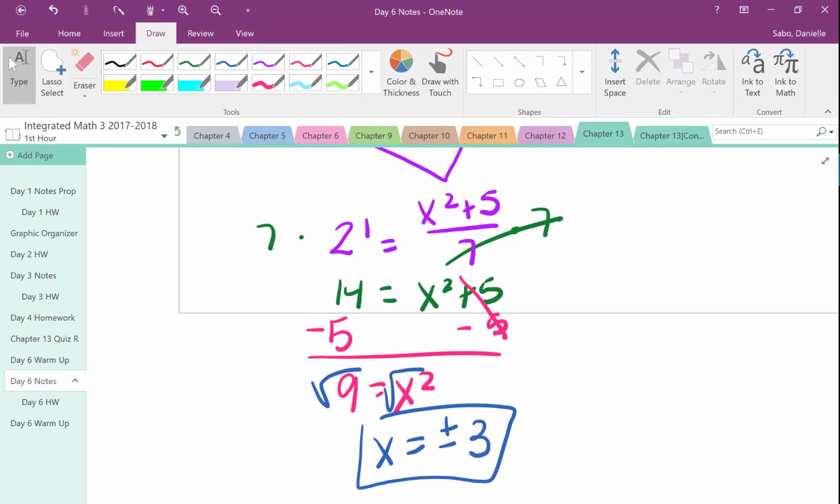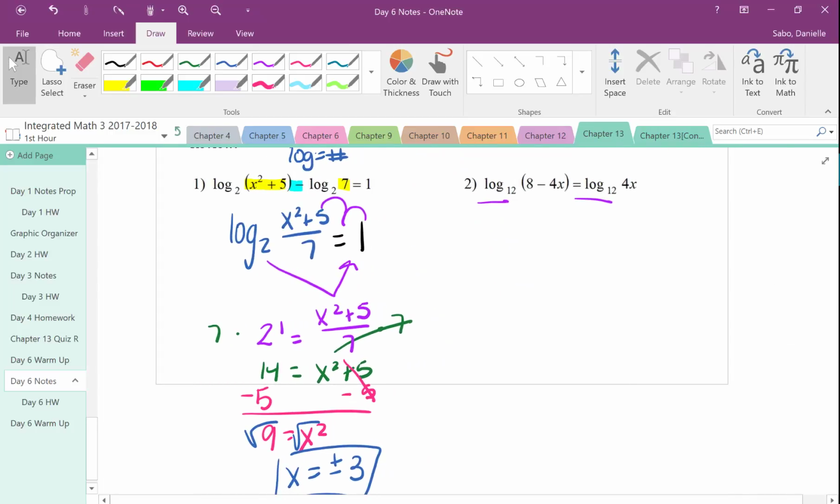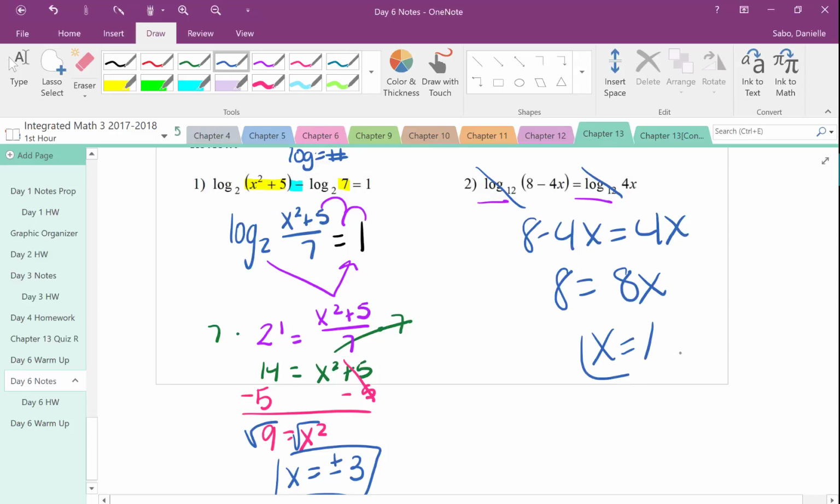If you were to go back to your argument, a lot of you were saying that we just cancel all negative answers we get. If I put in a negative 3 here, I get positive 9 plus 5, which is going to be 14. And that's okay. You can have negative answers, you just can't have negative arguments. Here you would just drop the logs, and I would get 8 minus 4x equals 4x. Yeah, and then I would add the 4x to both sides, and I'd get 8 equals 8x, and x equals 1. Very good. All right, we will give you the homework, and you should be able to finish before you